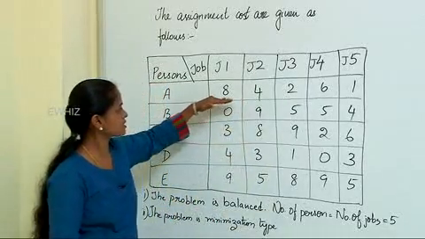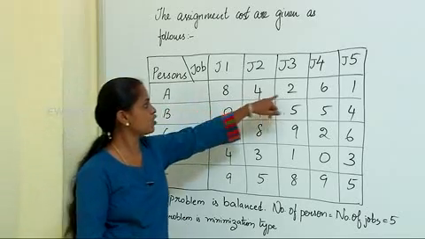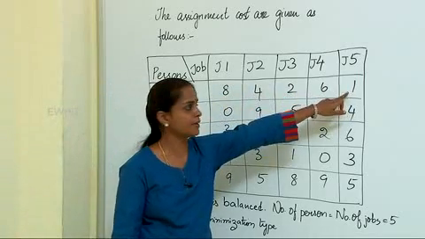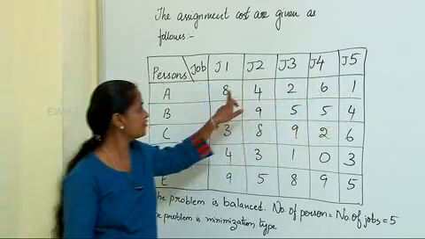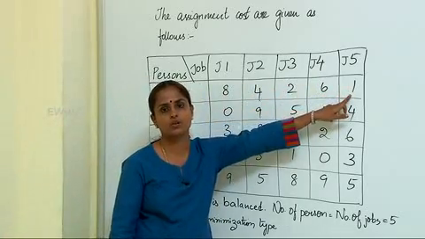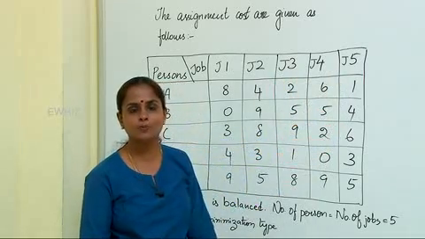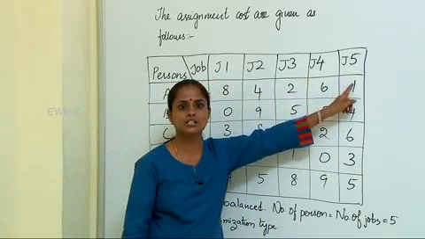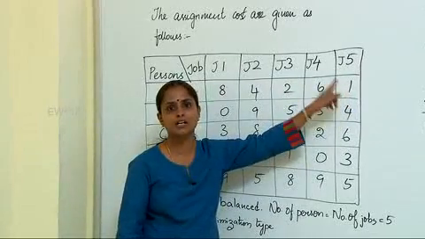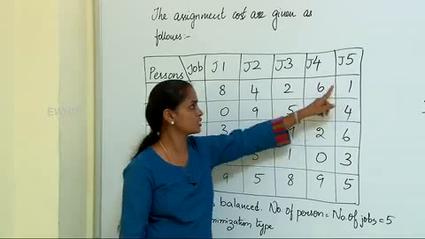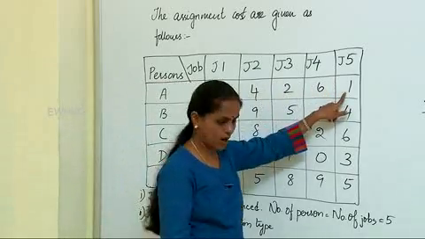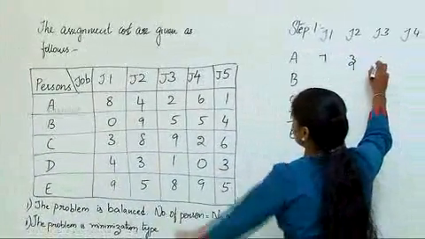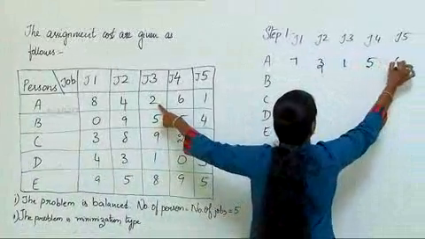So now let me just see these row values. First row I have 8 4 2 6 1, no 0 is present. That means you look out for the minimum entry there. Minimum entry is 1. So subtract 1 from all the other entries so that you have 0. Logically when you analyze, we always give preference to a less cost, is it not? Now when you are subtracting the least cost, that position is an eligible member to become a member of the assignment where you have 0 cost. So now when you subtract 1, you get 8 less 1, 7, then 4 less 1, 3, then 2 less 1, 1, 5 and 0.